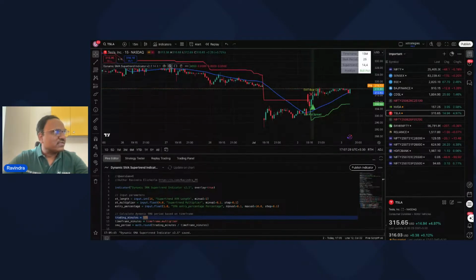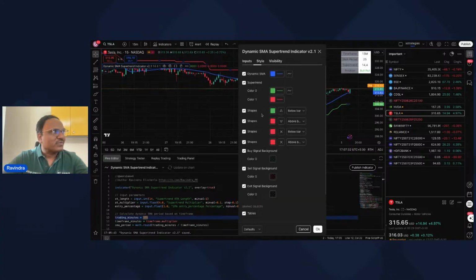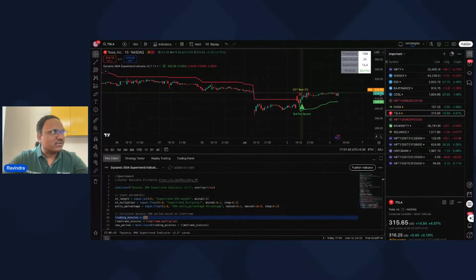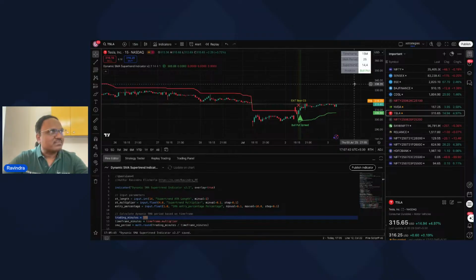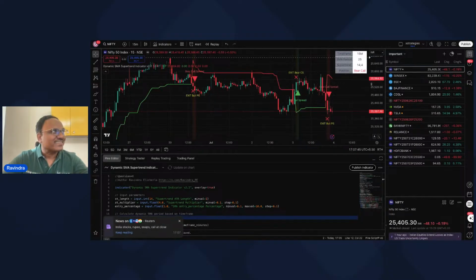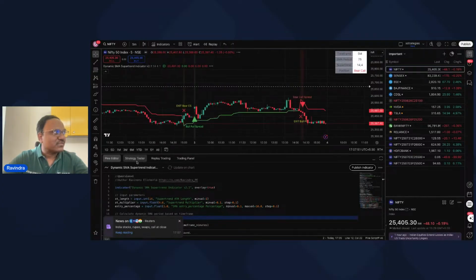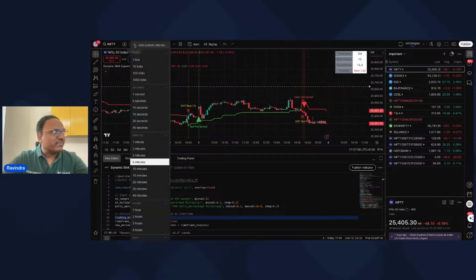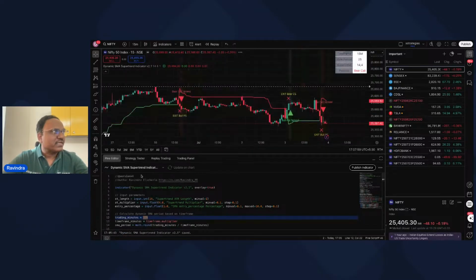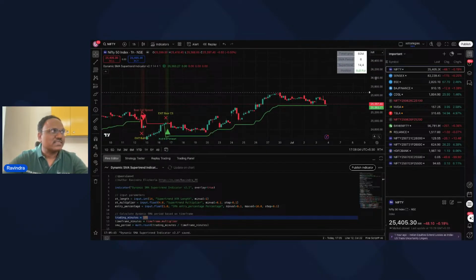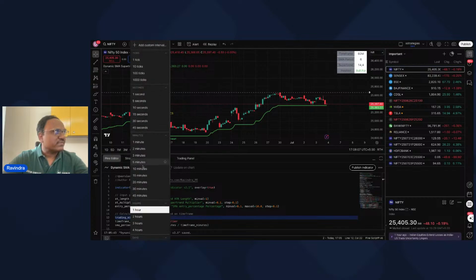But in order for you to not get into too much confusion, you can probably get rid of this SMA. You can just have a simple thing. You can blindly follow. This is what it is. So I was working with some of my friends in US. All right, so this is Nifty today. Generally for intraday, I think this is a standard question that people would ask. Intraday, ideally, should use 5 minutes. But if you want to do a bit longer term, maybe weekly, at least 15 minutes or 1 hour, I think weekly is fine. But if you want to do it for, let's say, 2 to 3 days, you can still use a 15 minutes kind of time frame.